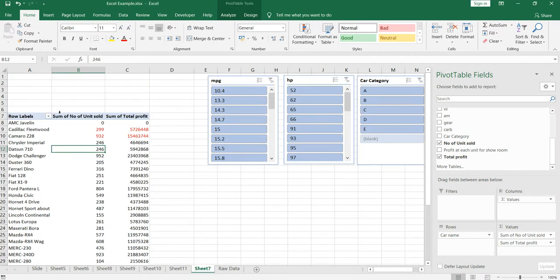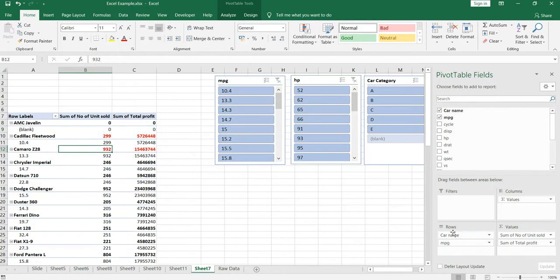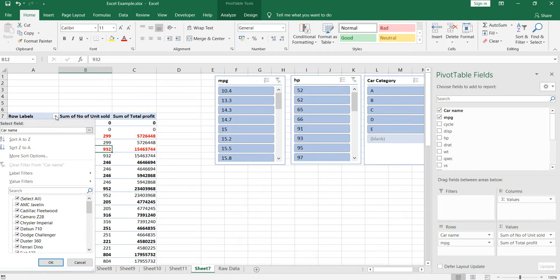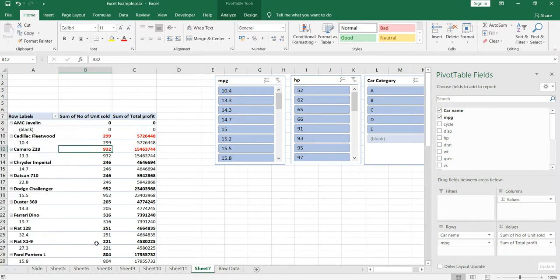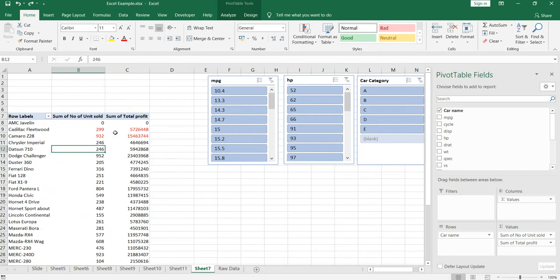So if the next column which I will have in column B, for example, if I have MPG here, you will see that it goes down here. So when you click on this filter button and you click on this small drop down menu, you will see this MPG and this car. If you click on this car, you will be able to filter out the cars. If you click on this MPG, you will be able to filter out the MPGs here. Okay, let's go to our simple format.